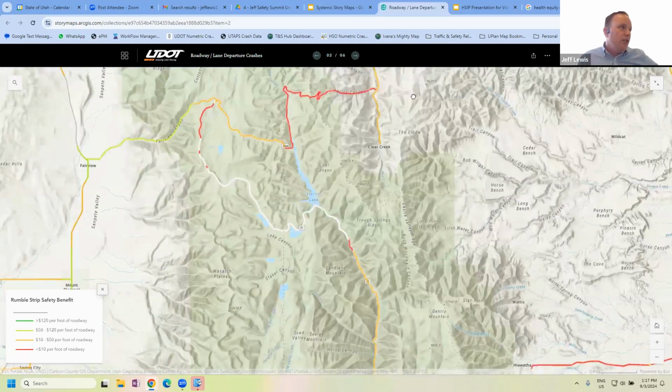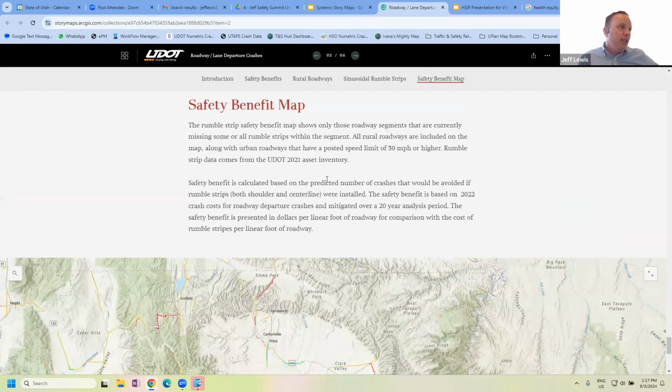This map shows the segments on our state roadway system that are currently missing some or all rumble strips, whether it's center median rumble strips, left side, or right side. They're missing one or more of those stretches of rumble strips on that segment. The map shows all rural roadways, and some urban roadways that have a posted speed limit of 50 or greater. And the rumble strip data comes from our Utah